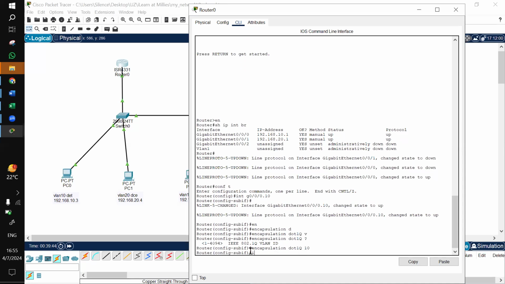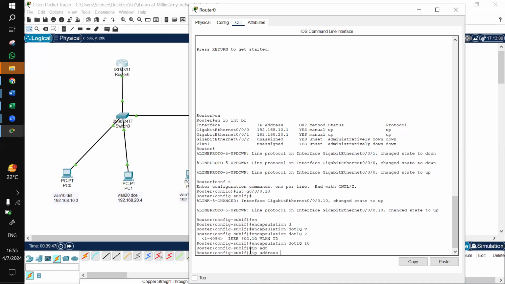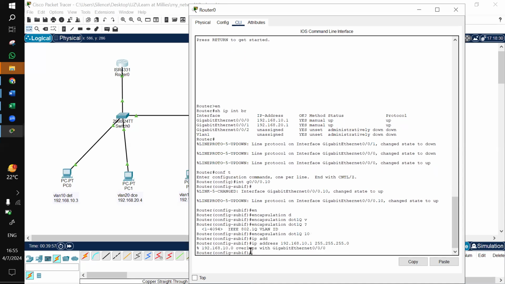Then the IP address 192.168.10.1 255.255.255.0. Right. It overlaps with gig 0/0, okay, my IP address is already in use. Let me